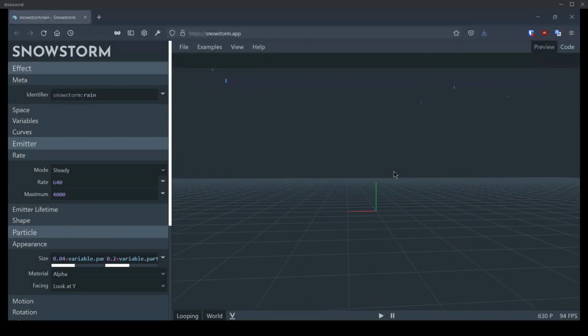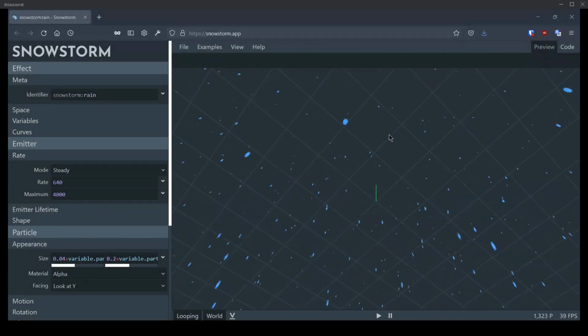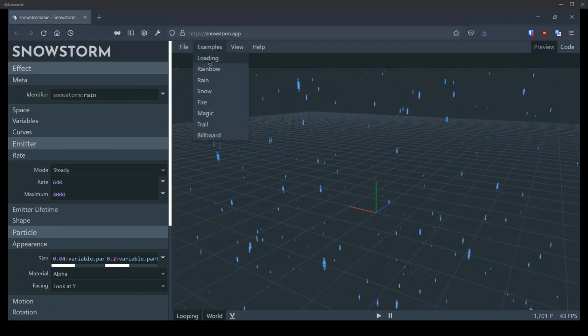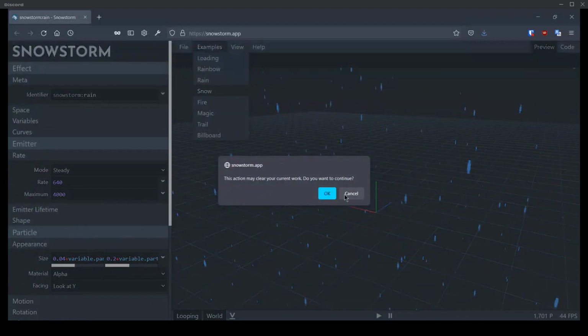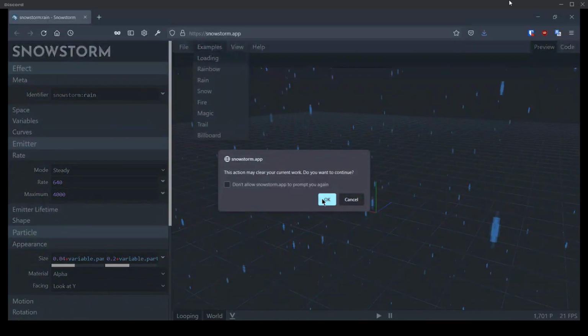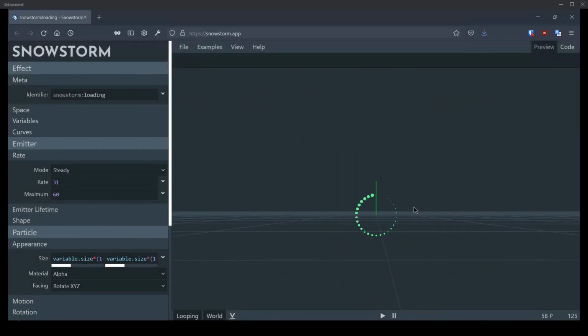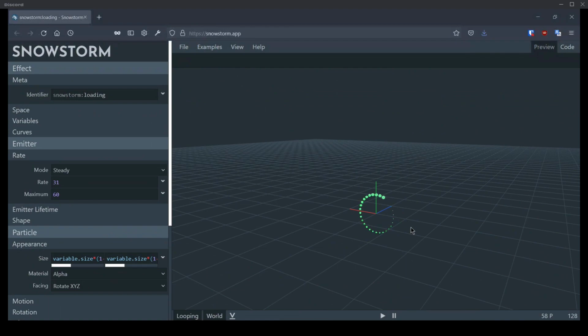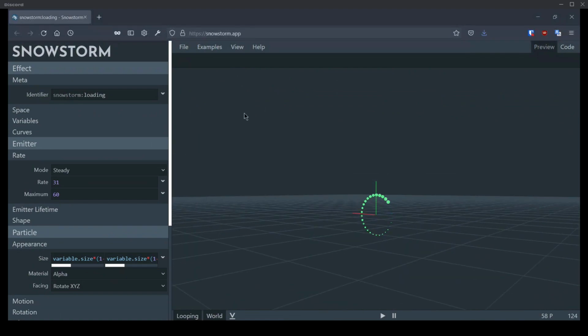There's a rain effect. Oh, the loading one is cool. I ignored it because it just looked like a normal button. Yeah, so totally consider taking these and experimenting with them and changing them and then adding them to your maps because they're great fun.